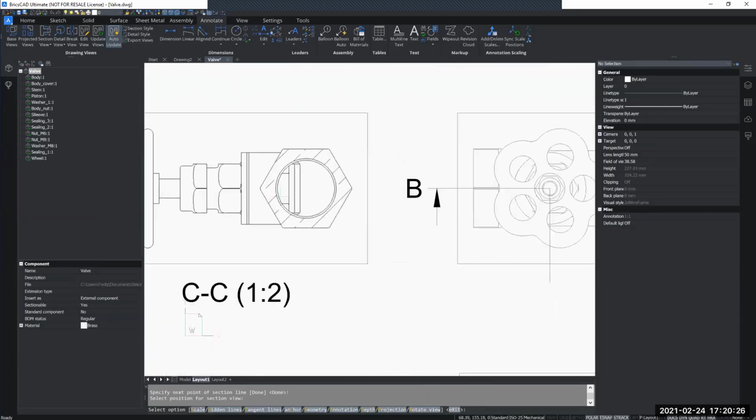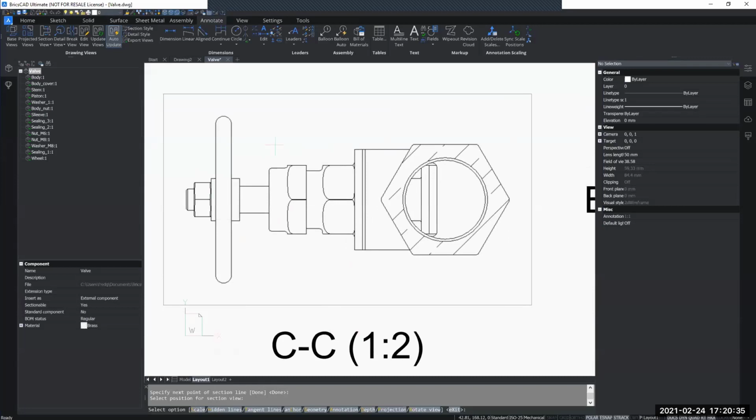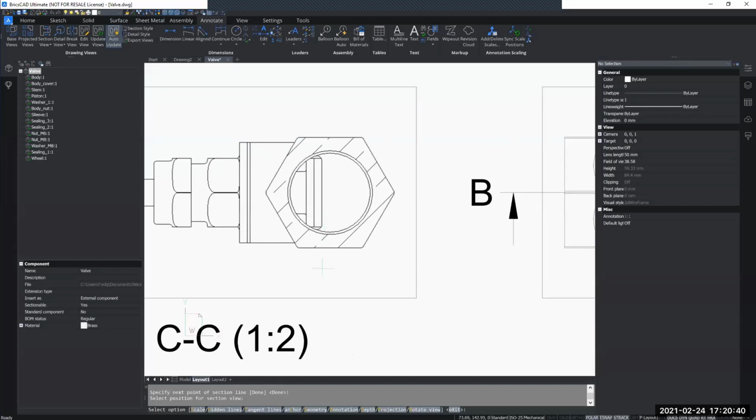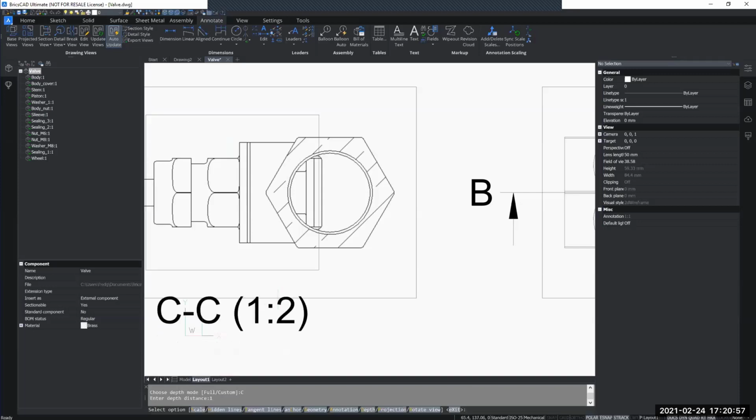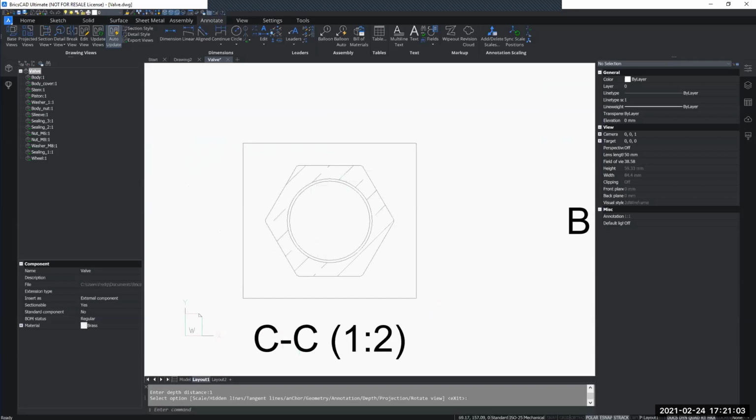Now, like I mentioned, all I'm interested in is this specific shape. I'm not interested in the rest of this, as this is covered in the other drawing views. So I can use the command line option called depth. I will press it. I can choose the depth mode. I will choose a custom value, and I will give the distance of 1 millimeter. And if I accept and exit out of it now, it will leave me with only a 1 millimeter slab